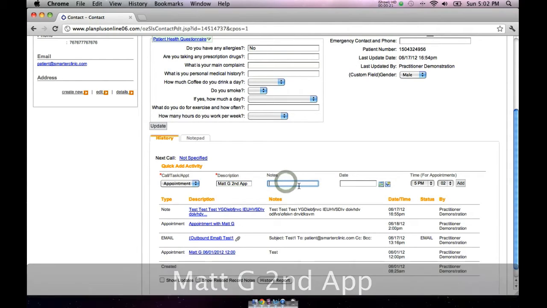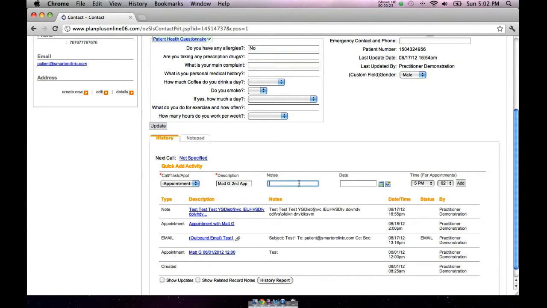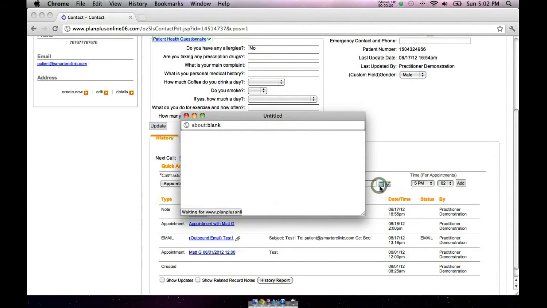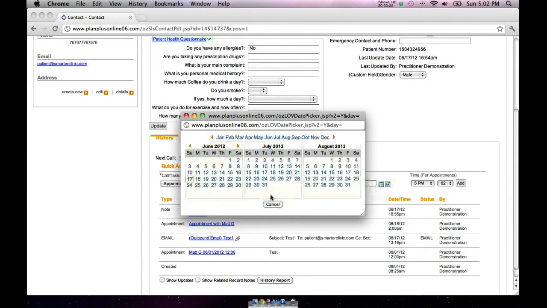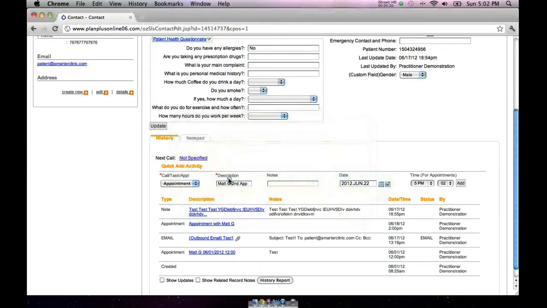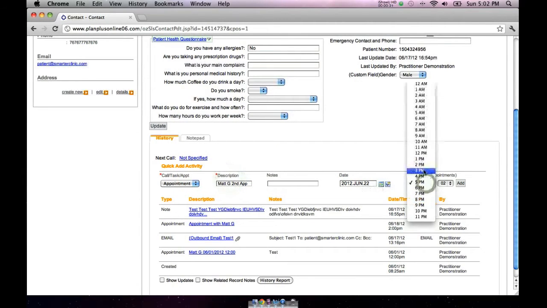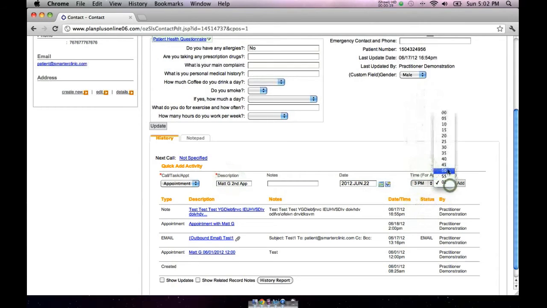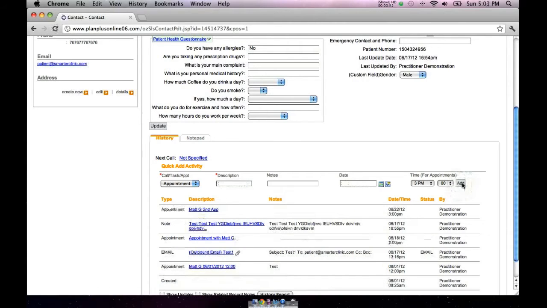And we might put some notes for ourselves. Please check something, please don't check something. And then we're setting up a date. For example, I want to see Matt on Friday, which is in 5 days, and I want to see him at 3 p.m., which is absolutely fine to do. And we're going to add. Now, what this will do is basically add the appointment here to your list, and obviously